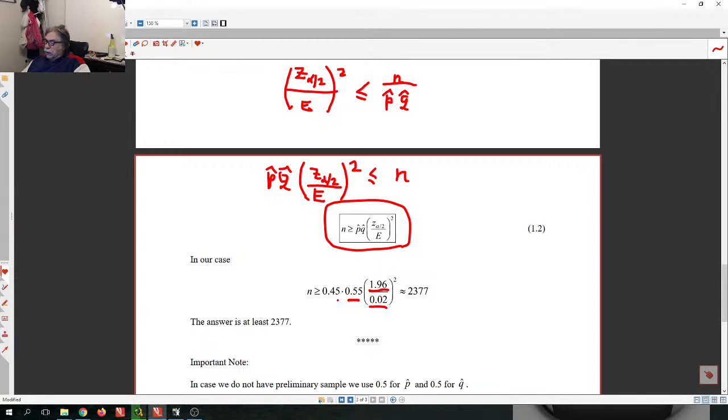And the p hat and q hat is what? P hat and q hat is from an eventual sample, but we only have a preliminary sample, so we can use the preliminary sample. And in the preliminary sample of 474, we have 45% for p hat and 55% for q hat. Okay, so I just need to now calculate what this product is. You divide this by this, square it, multiply by 0.55, and multiply one more time by 0.45. I ended up with something like